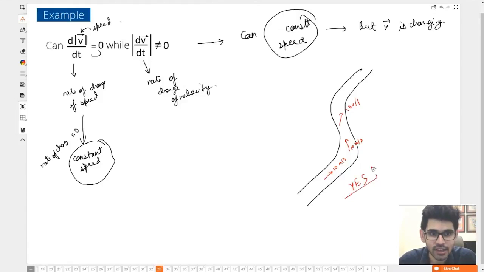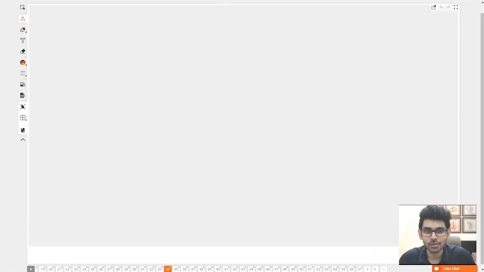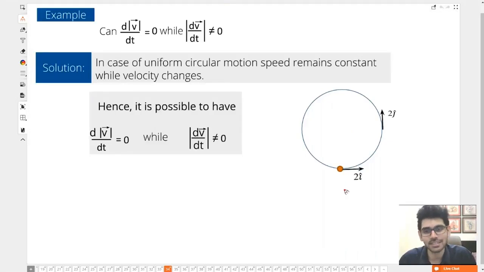Yes, it is possible. I think most of you have understood. Many of you are asking, there is no acceleration, then how is it changing? For circular motion, you need acceleration. Understand this, for circular motion, acceleration is needed. But again, we'll get to that later. Now let's have a look. One classic example is circular motion, or wherever there is a curve.